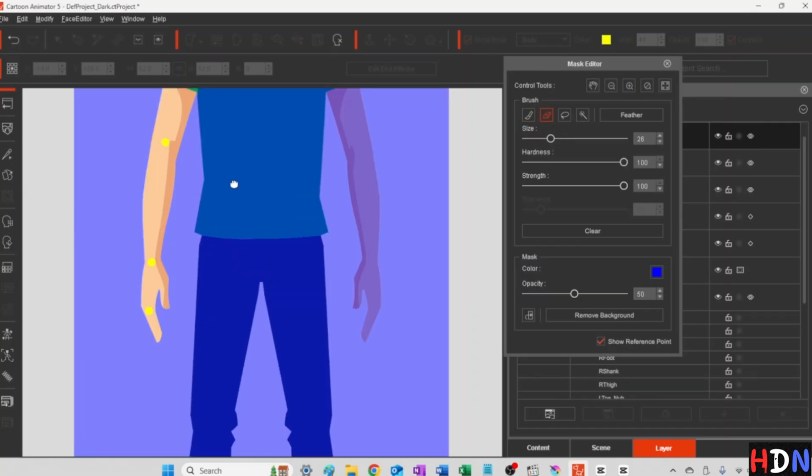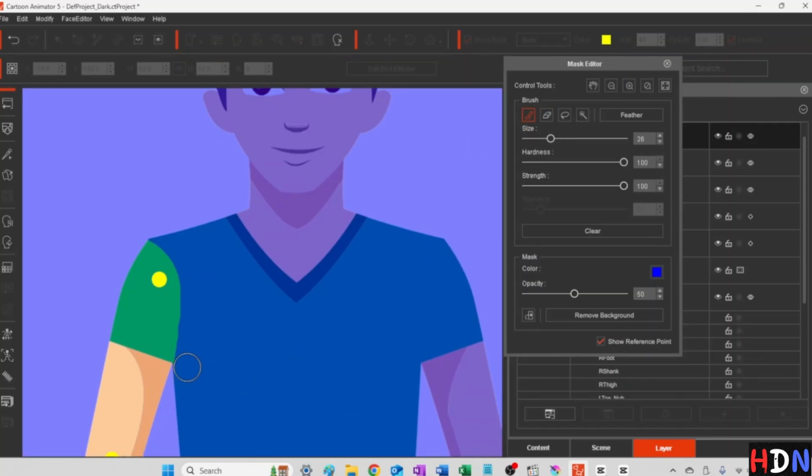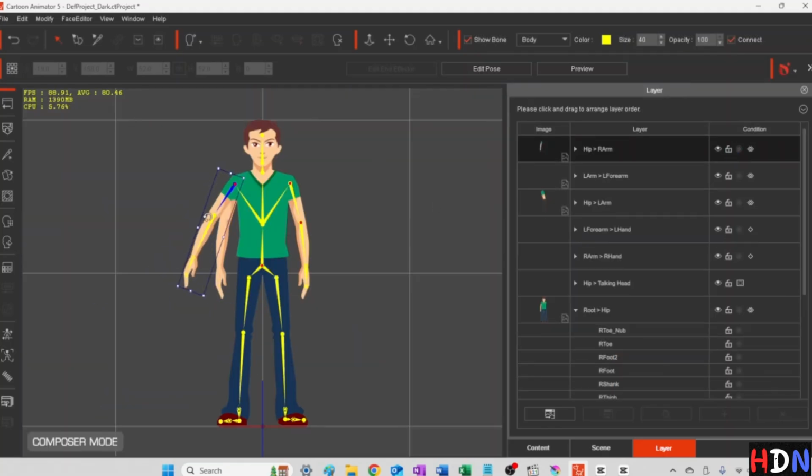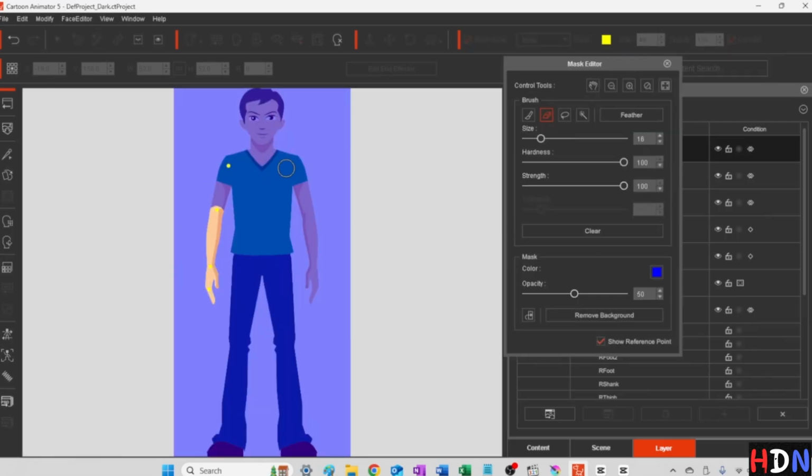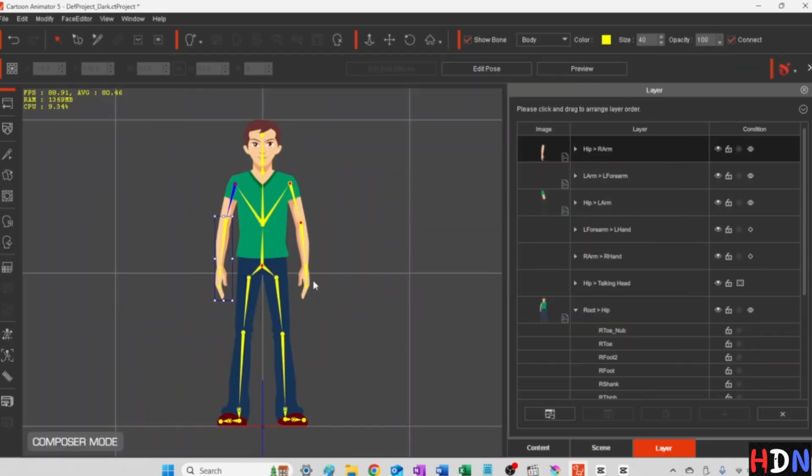But I wanted to show this process, so if you don't have the money to invest in a character or you're working with your own art, this is how you're going to do it. This is what you do. And I would say the Reallusion character is going to actually function a lot better. This one will do pretty good, but not as well. Okay, so you can see that you just mask it off, create that part,